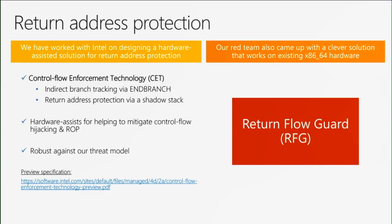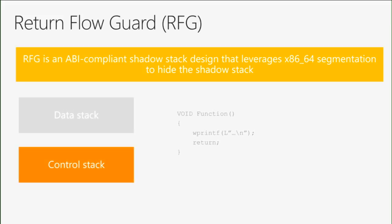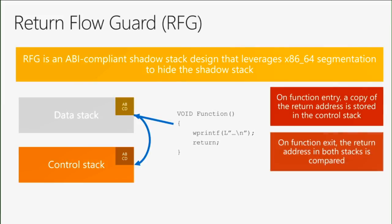So one of my proudest moments of my career is we came up with this thing called Return Flow Guard. And again, a lot of these technologies require compiler, virtualization, so they usually require a huge number of people. But this is a case where the attackers, the red teams, got together and said, we're going to be agile, we're going to do this on our own, we're going to change the compiler even if we don't know how to do it, we're going to do this as a security community. And so we actually came up with a mechanism of a shadow stack that protected these rear